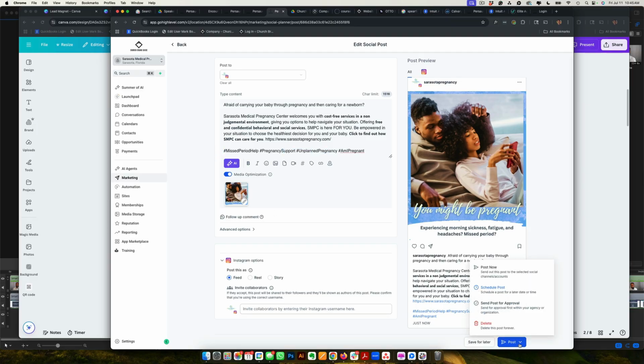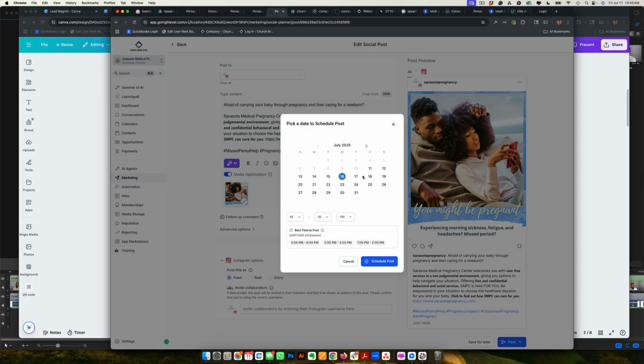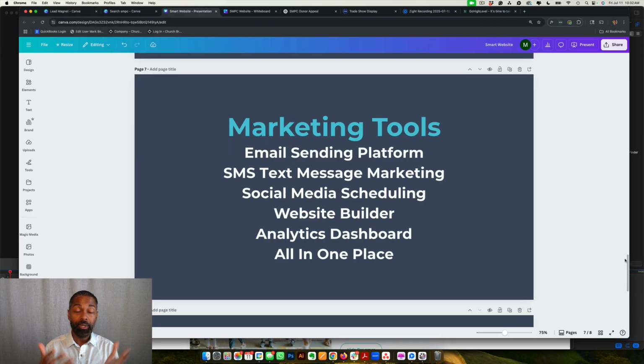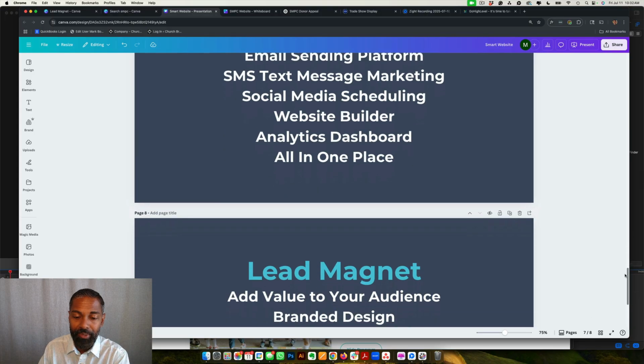So we want to make sure all of that is there, including data from your email, your text messaging, your social media posts. All of it needs to feed together so you get the full picture of what's going on. And you need all this in one place so it's easy to manage and it all talks to each other. So that's what our marketing tool will do for you. Again, it's all in one. It's really a game changer for you as a church